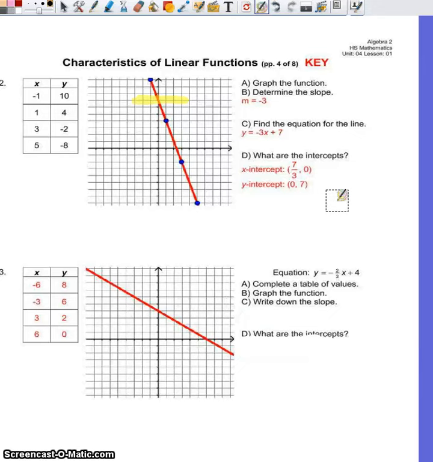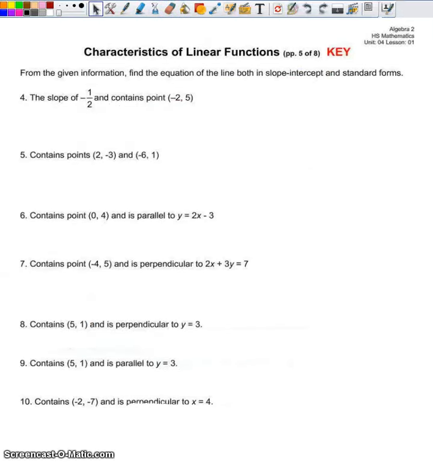Okay, let's go to the next page. Okay, so let's take a look at this on page 5. From the given information, find the equation of the line, both in slope-intercept form and standard form. So I know that I'm going to have to use the point. Let's work over here to the right. I already know what my slope is, I have a point and I have a slope. So I know I'm going to have to use